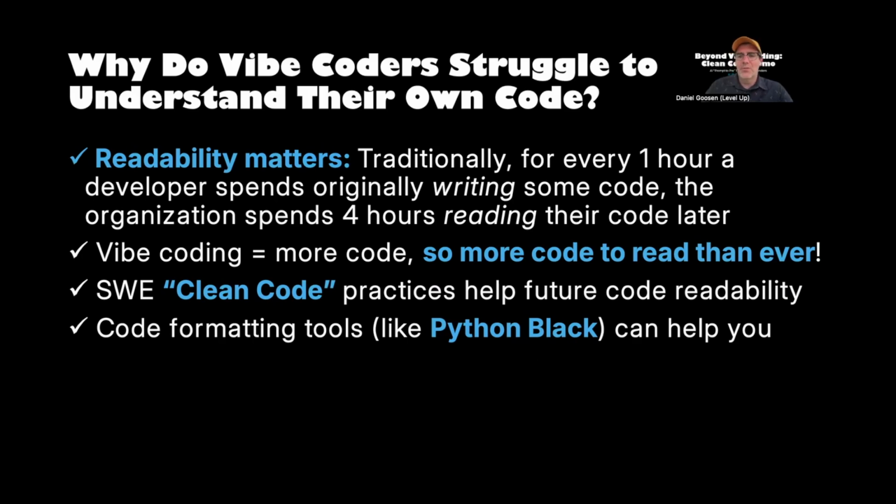And we do have formatting tools like Python Black, which we'll be demoing today, that can really help us a lot. Certainly, there are entire books and maybe even bookshelves about clean code. But one of the most important things I can say in such a short video is that consistency is really important. Clean code helps us because if a block of code looks a certain way in one program, it should probably end up looking very similar in other programs, especially the structure of it.